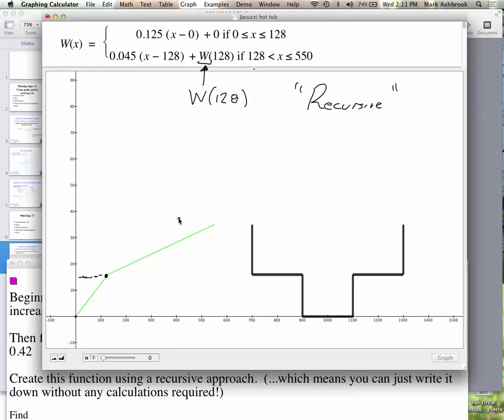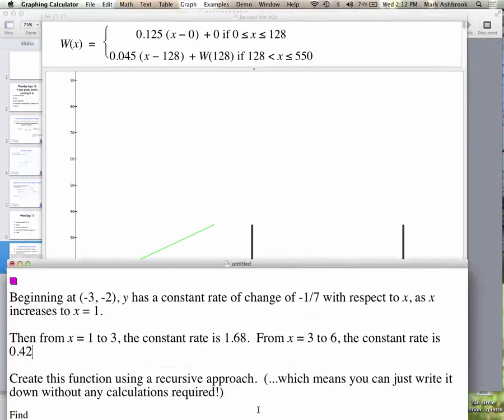Any question? Please. Do you put the W of 128 in the if statement, or do you have to put 128 is less than x? These are x values, right? This is a y value, and these are x values, right? Make sense? Okay, let's try this exercise. Let's do the top hat. Okay, top hat is